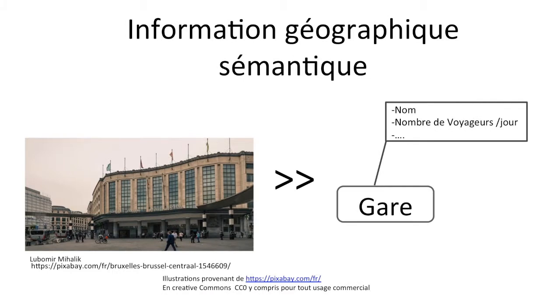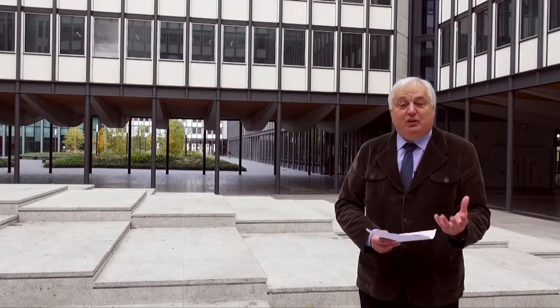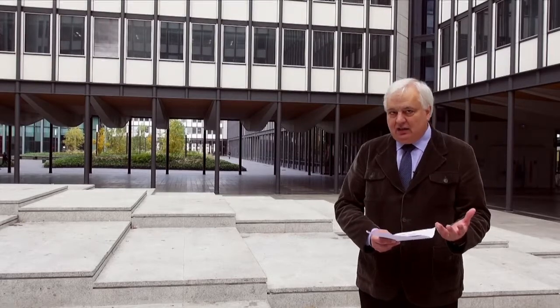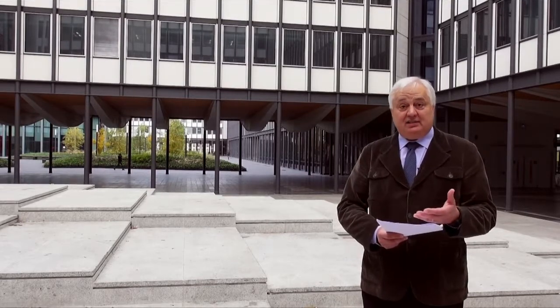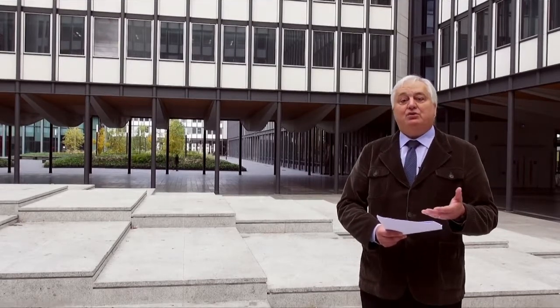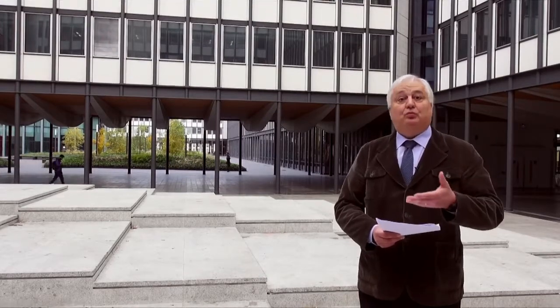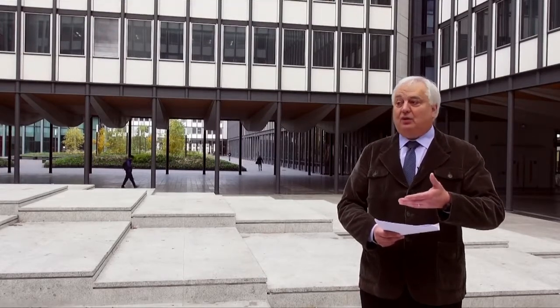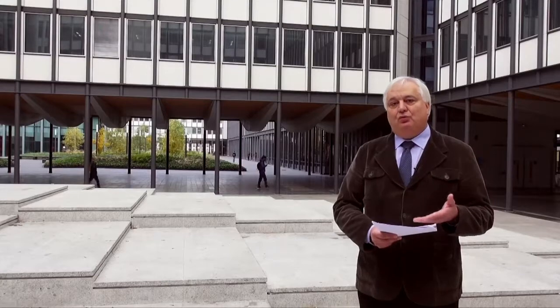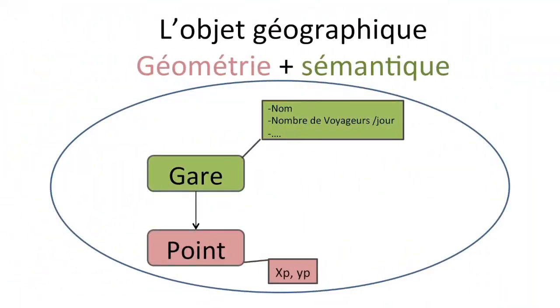An object is also defined by what is called a semantic information. The semantic information is what will give meaning, the geographical reality to the P-point, which is actually purely geometrical. Let's take a train station, for example. It will be represented by a point on the surface of the Earth. On the semantic plan, a train station is defined by information, such as the station's name, like the Gare de Lyon in Paris, or the Gare du Midi in Brussels. A train station can also be defined by the number of daily users, etc. So a geographical object is defined by those two levels, the geometrical and the semantic level.